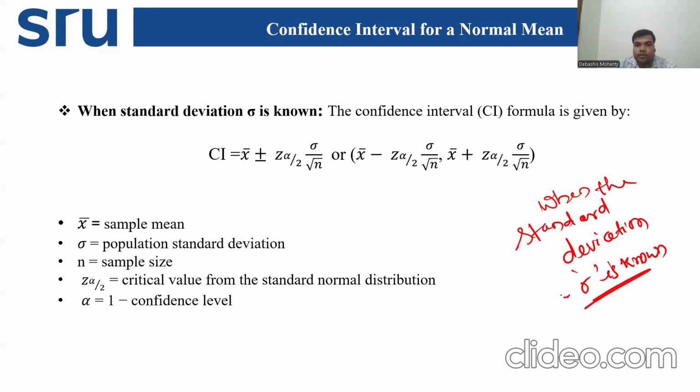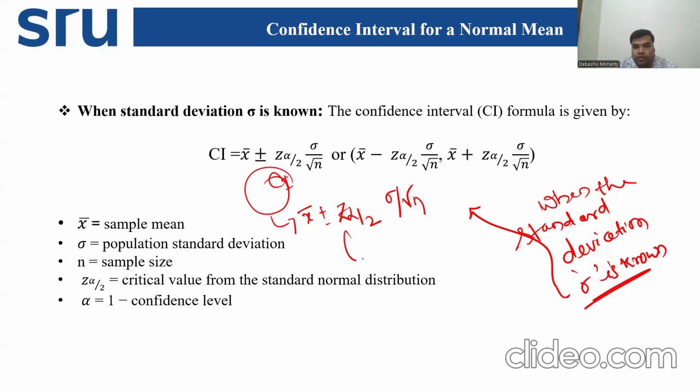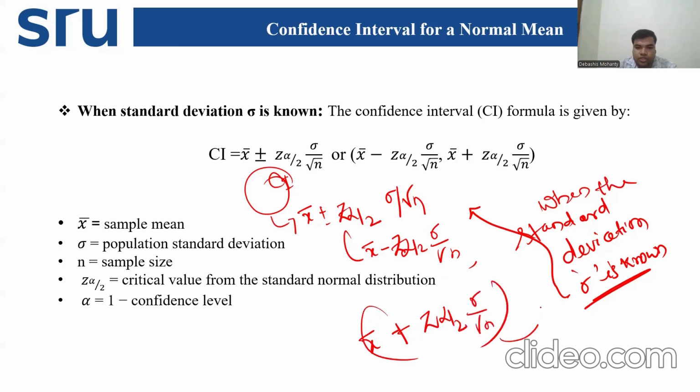Sigma value is known. So sigma value is known means we have to follow this confidence interval formula. What is that? X bar plus or minus z alpha by 2 sigma divided by square root of n. Or we can take x bar minus z alpha by 2 sigma divided by square root of n, or else we can take x bar plus z alpha by 2 sigma divided by square root of n. So these two we can take here. Okay,